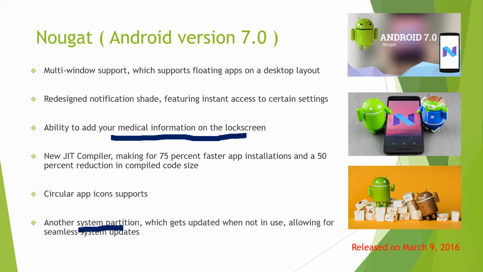Apart from these, there are other features like N brings with it more quick settings when you slide the notification panel down. When you slide the notification panel down, you can have 9 different toggles in a single quick setting screen, and you can access most of the toggles by swiping to the right of the screen. You also have the option to edit which toggle needs to be on the screen. Coming to recent apps,